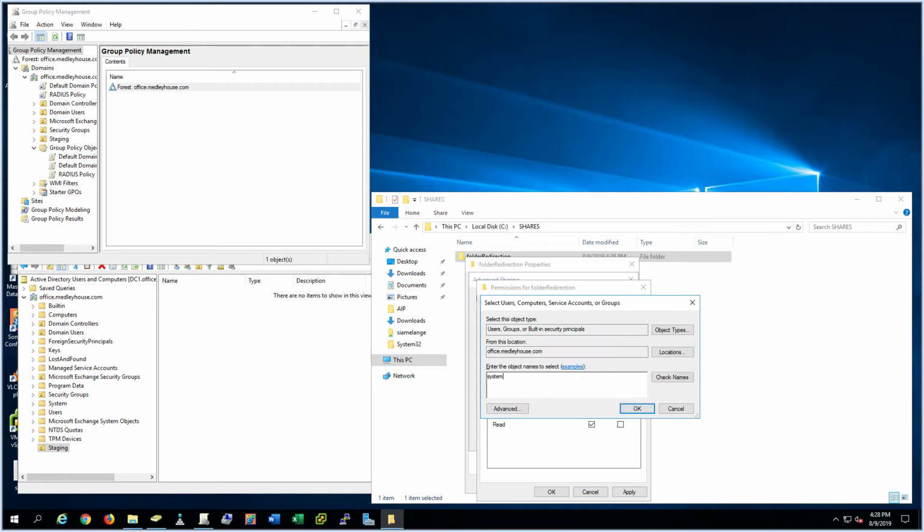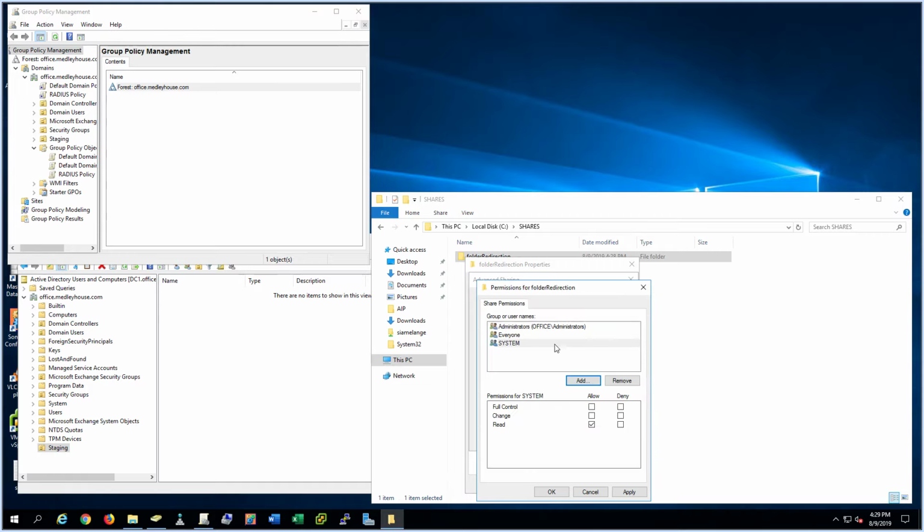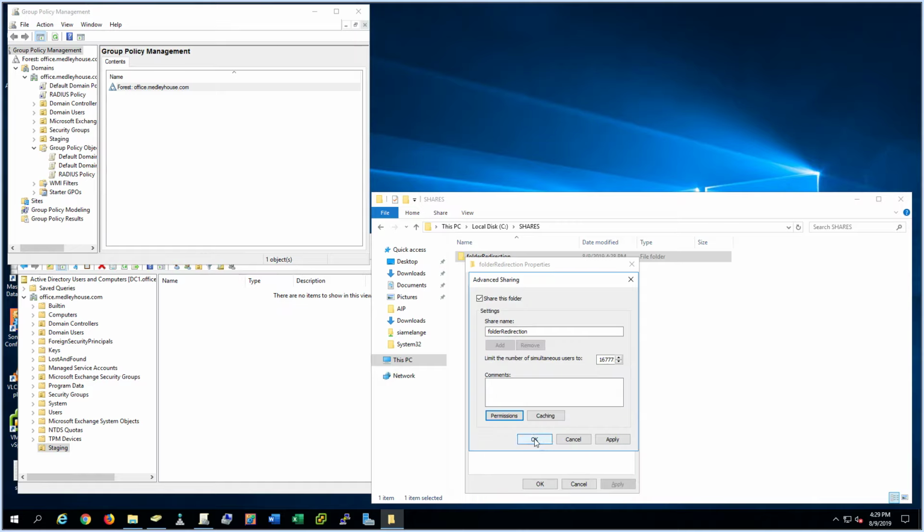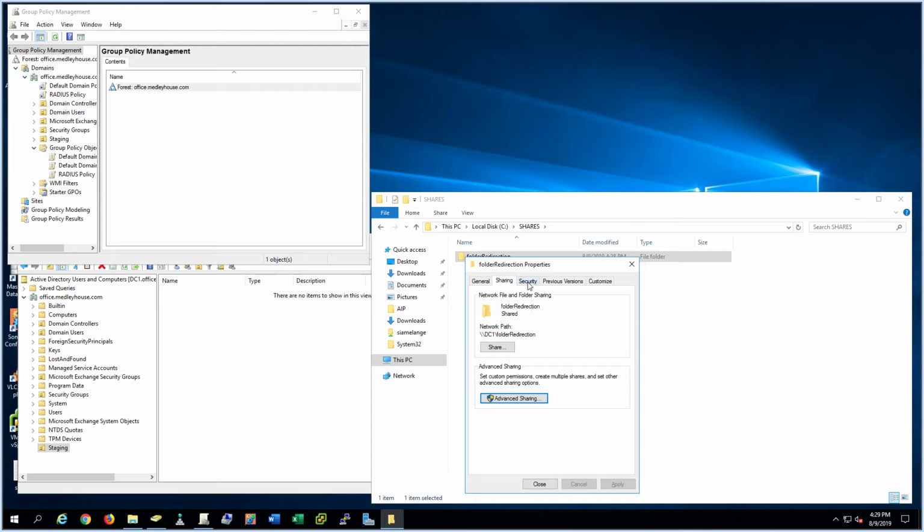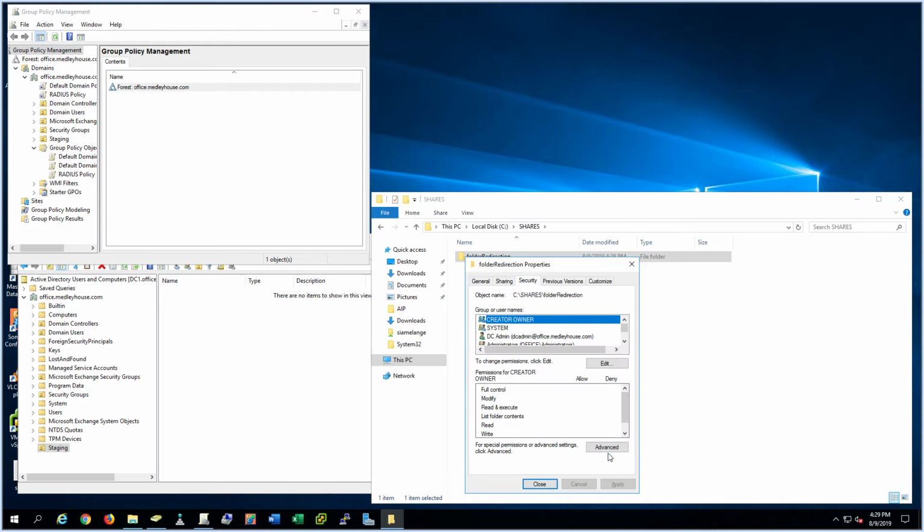And the last one is system. So really just those three: administrators, everyone, and system. And you're going to give full control to all three. Hit OK. OK. And then we're going to go to Securities tab, and here we're going to set the NTFS permissions. So you're going to do that under Advanced,